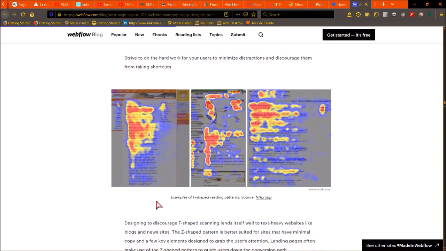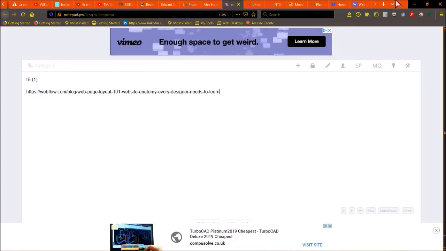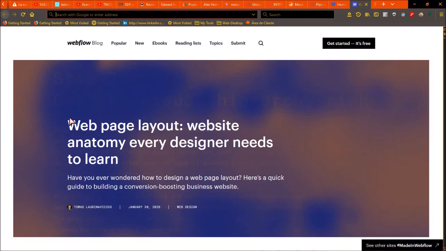Now we notice this in these images because we can see that the hottest zones are in the top left rather than in the bottom right of the page. So this is an example of it, so that you see it. I do recommend you to read this article. It's very interesting.